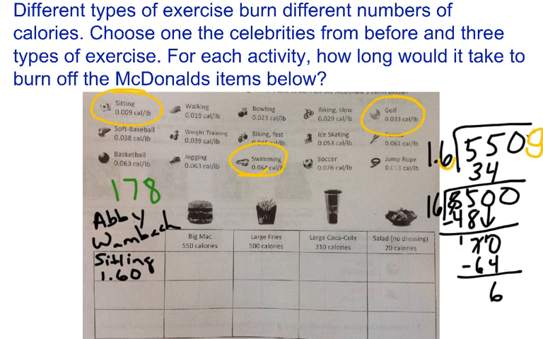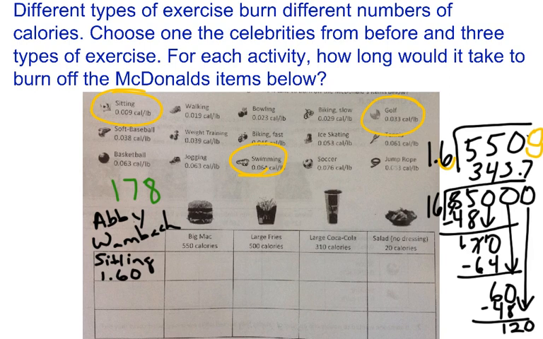Difference is 6. Bring down the 0. Which means that I'm going to be multiplying by 3, get 48. Difference of 12. And I'm going to end up getting, because I'll have to add a 0,